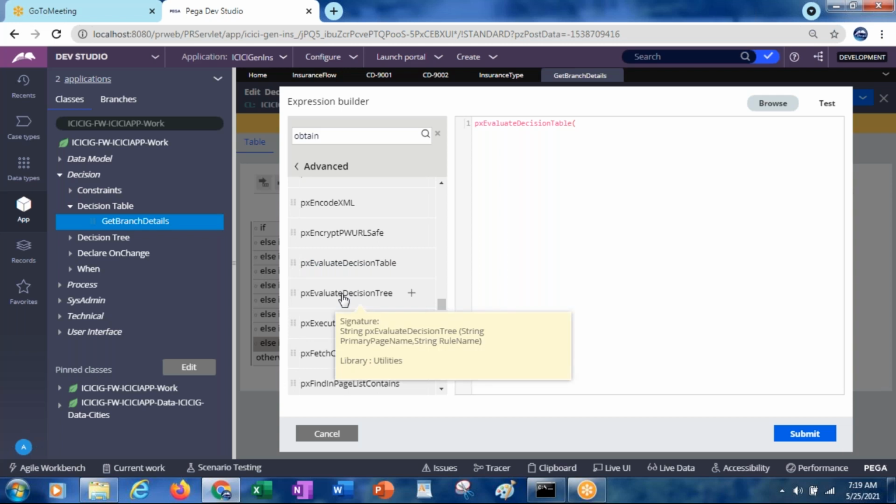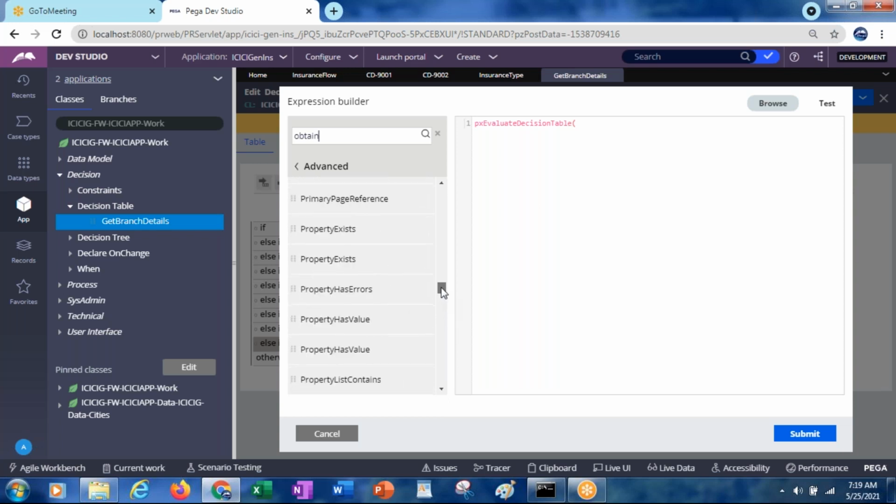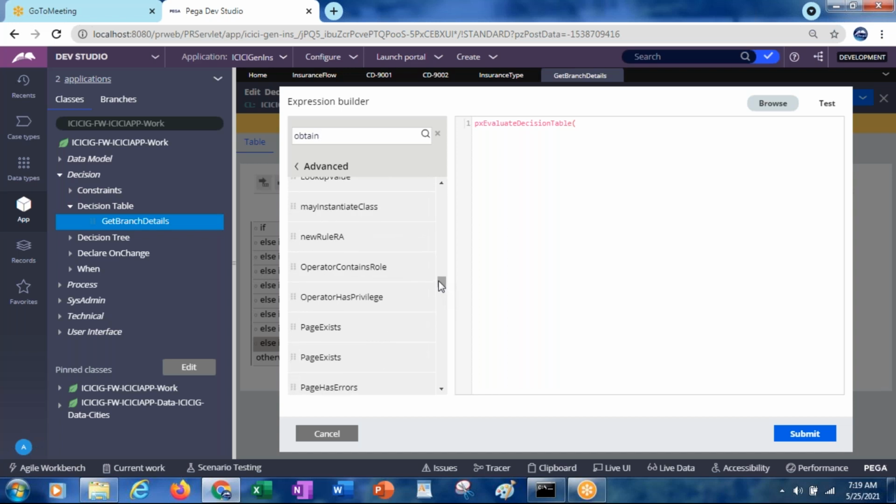Specifically for decision tree, it has PX evaluate decision tree and PX evaluate decision table. Otherwise, we have something called obtain value also. It is not showing obtain value.